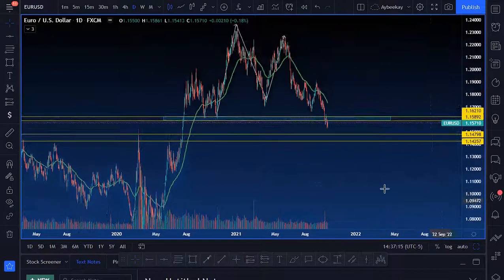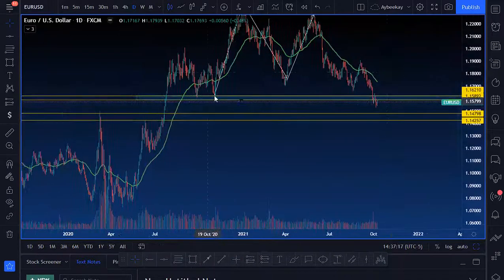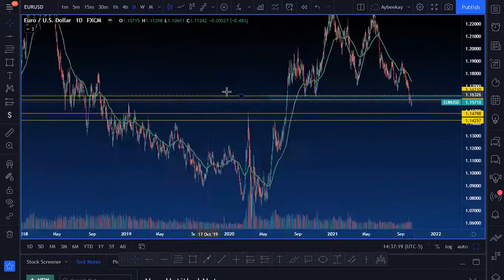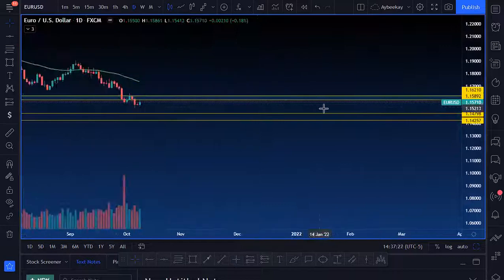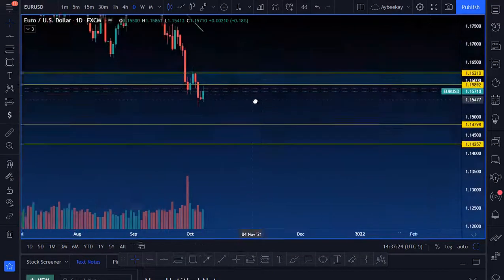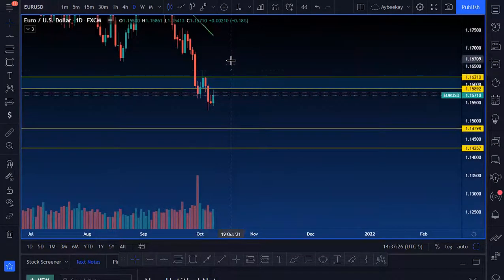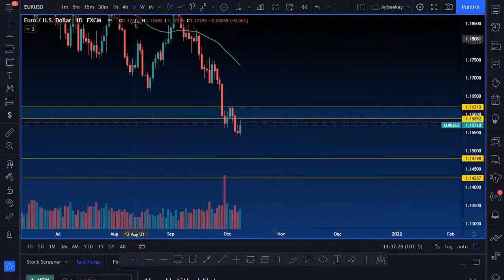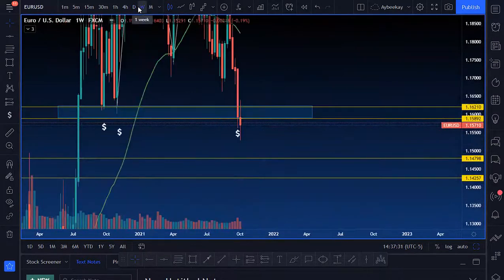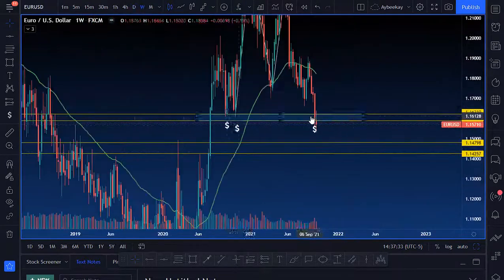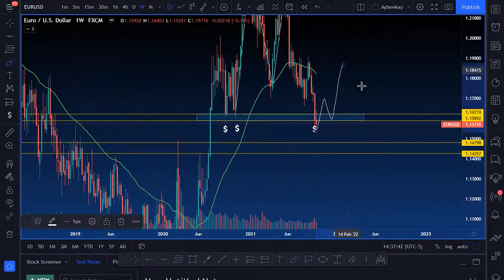get into anything right now, because the Euro USD has broken through the structure that the DXY hasn't even broken through, and it's holding under it as well. It's not showing me any signs on the daily or weekly time frame that it wants to start turning around, unless this is indeed a liquidity grab. If this is a liquidity grab, then that would be shown next week, and something like this would happen to Euro USD, right? That's if this is a liquidity grab.